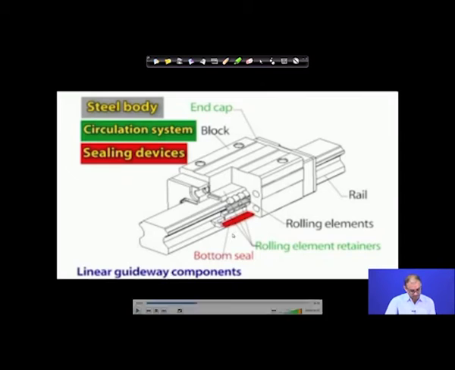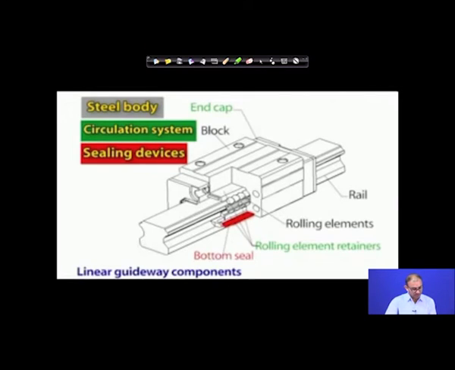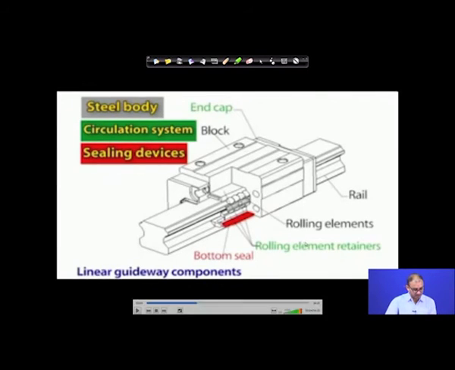Sealing devices are required because this is called bottom sealing, because we know that in a machining operation we may encounter different types of cutting fluids. Other than cutting fluids, there are different chips available. So, if you want to reduce the contact of dirt, chips and coolant with the bearing element, what you have to do is seal this component. Bottom sealing will make sure that no dirt or any other impurities are entering into the bearing zone.